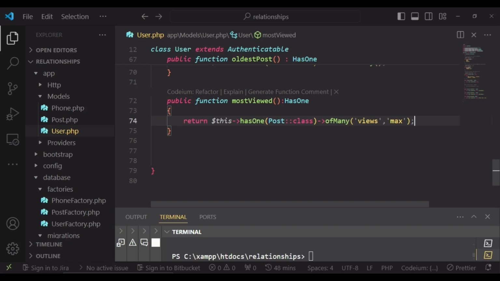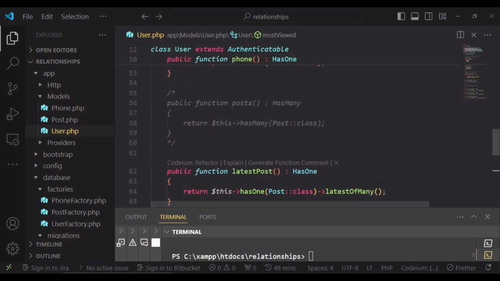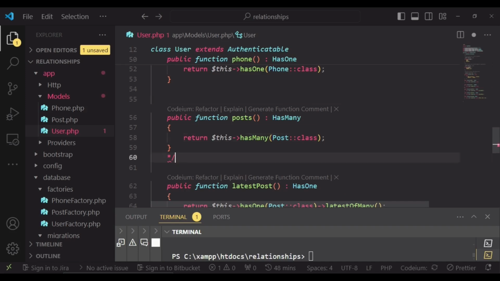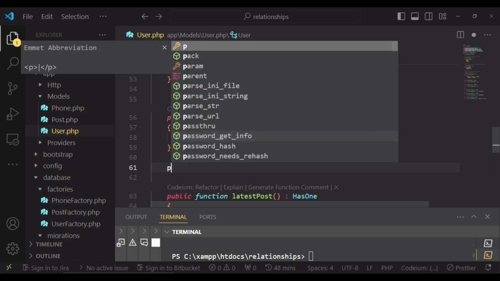So basically that is what you can have as a has-one relationship. And sometimes you may not have to remove the many-to-many relationship. For example, if you have already defined the many-to-many relationship, you can proceed and just use whatever you have in this many-to-many relationship to get the single relationship. So in this case, if we want probably to get the most viewed, we can say